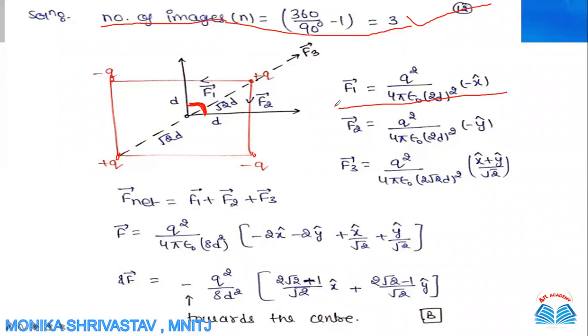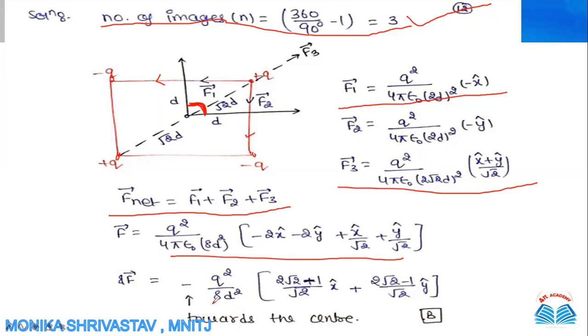This F1 is in minus x direction. Yes, it is in minus x direction. This F2 is in minus y direction. Yes, it is in minus y direction. And this F3, now, in which direction is it? So it is your y-axis, it is your x-axis. It is midway somewhere between x and y. So you can put x cap plus y cap. But the magnitude is 1 for this one and 1 for this one. So under root 1 plus 1, under root 2 you will get, and F3 you can calculate. So the net force will be F1 plus F2 plus F3. Just add those things, you can get the result.